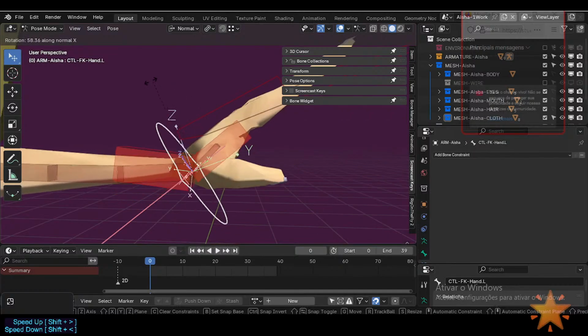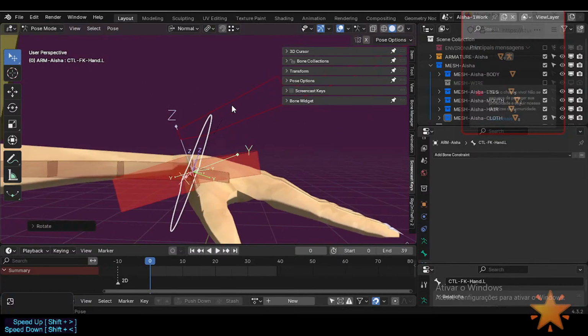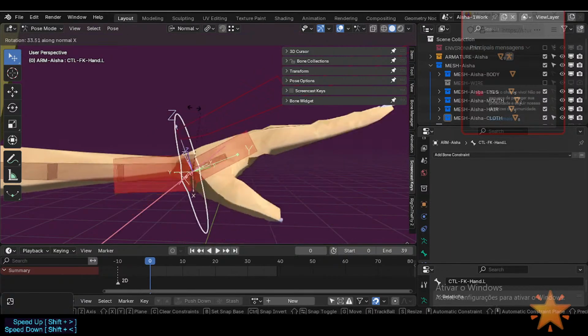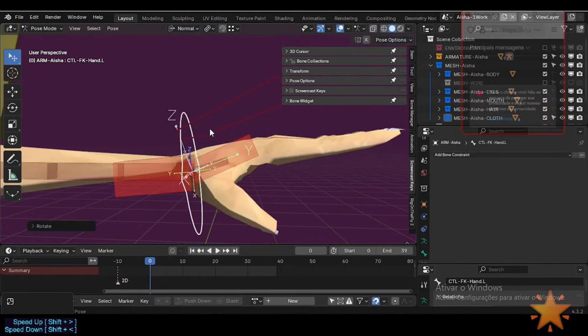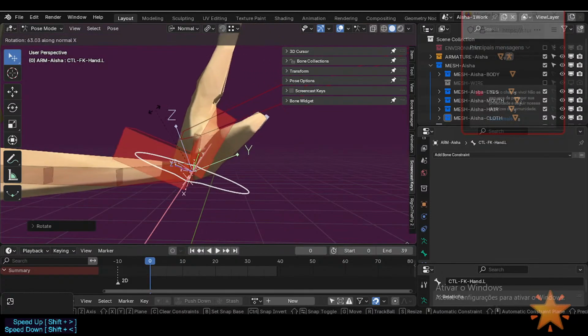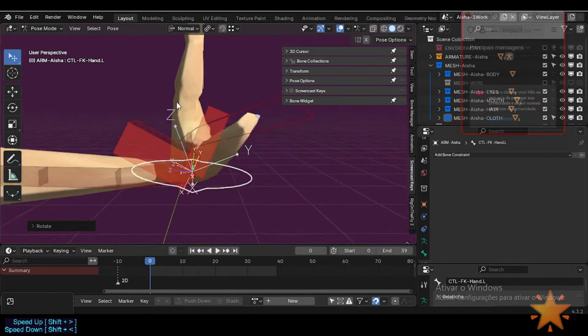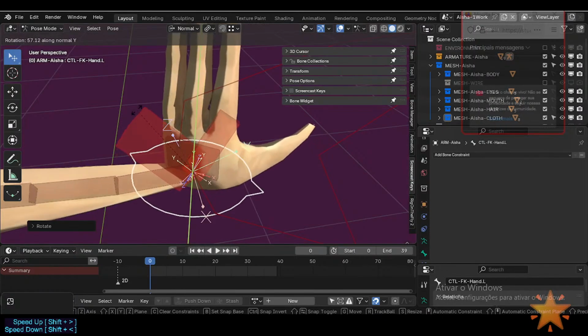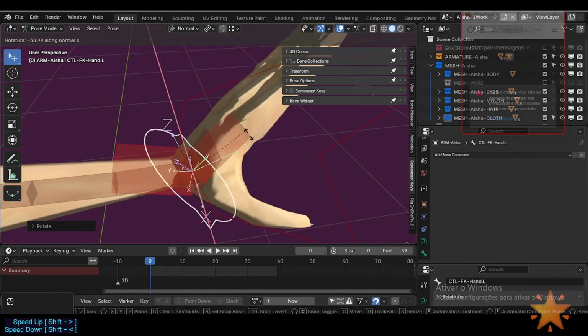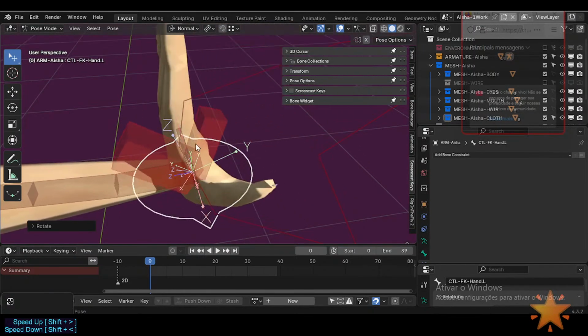One problem is the indirect posing that would activate the automation. And the other problem, which we'll see soon, is the combined madness of rotations of the bone